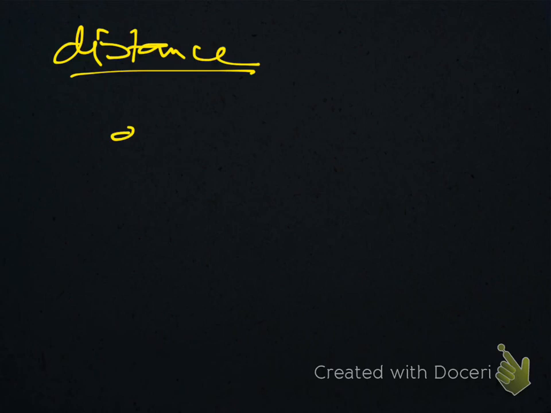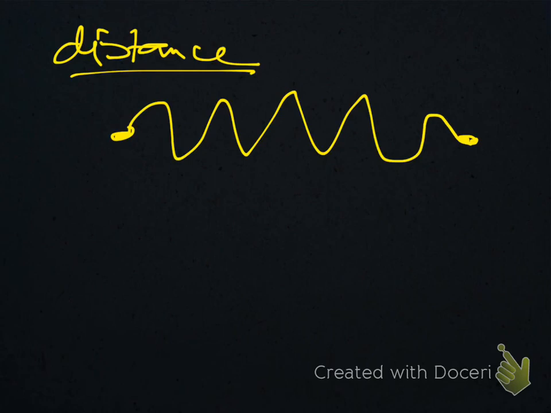Let's first see what is distance, what is displacement. So first let's talk about distance. The distance between 2 points is the length of the path. Say if this red particle goes through this path, and the length of this path